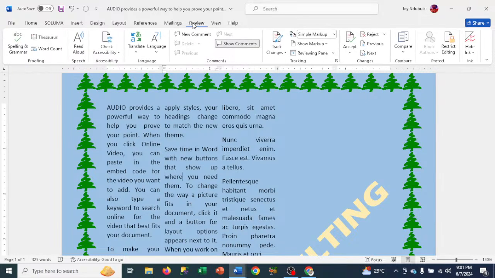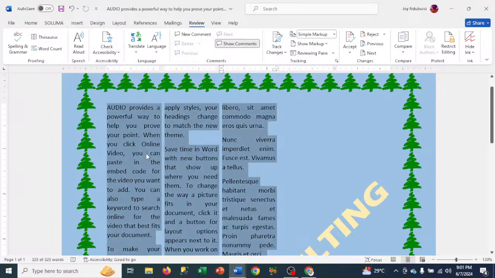Then we come to review. Now under review, one of the things I love in review is that it can help me read what I have here. So if I select all, Control A, and I say read aloud, if you pay attention, you will hear